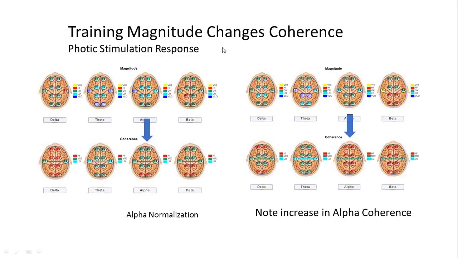We know that training magnitude changes coherence fairly rapidly. If you put a photostimulation device on somebody and you have low alpha magnitude, with a little bit of coherence, and the magnitude normalizes, you can look at the communication in alpha. So that's one of the ways you can see that it's really an adaptive response. Within 20 seconds of turning it on, you'll see the low alpha normalize, and you'll see what the brain does to normalize that low alpha. It increases coherence. So beware that when you're looking at pre-post maps, if you normalize magnitude, you may see increased coherence in the map. It doesn't mean the person got worse because their coherence increased. It means it was an adaptive response.